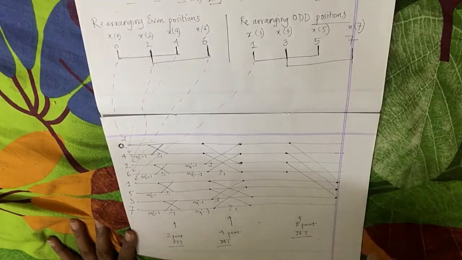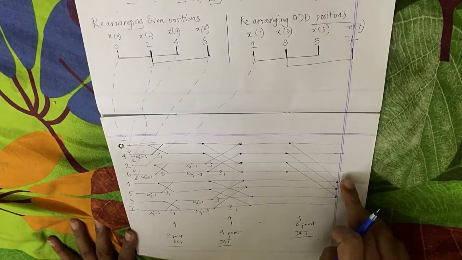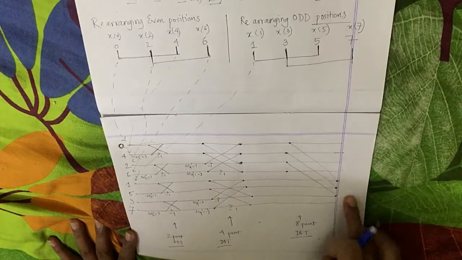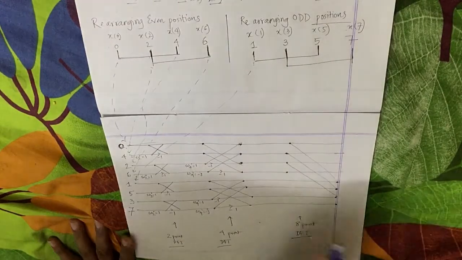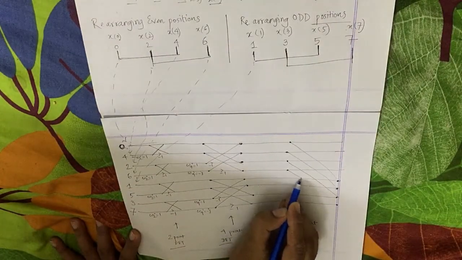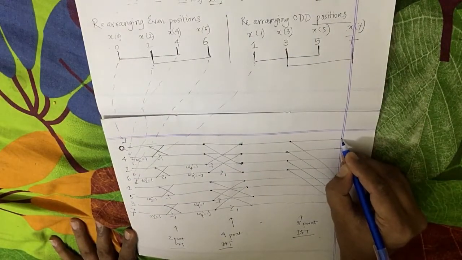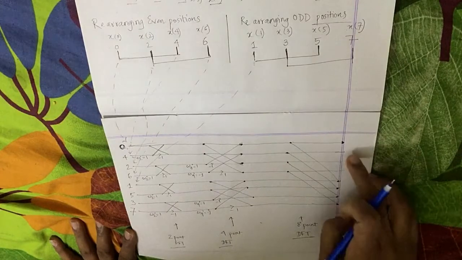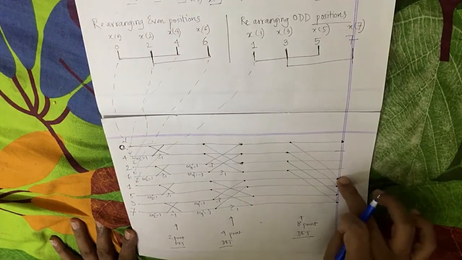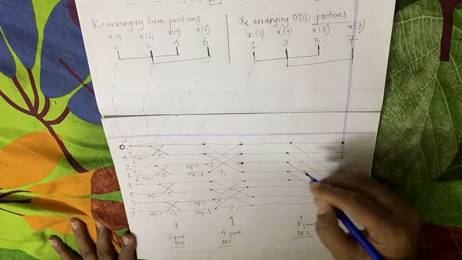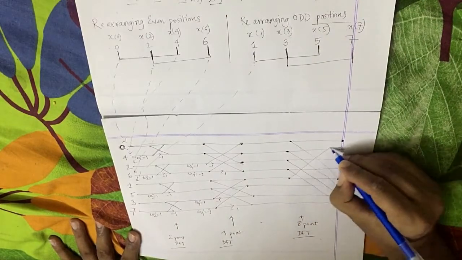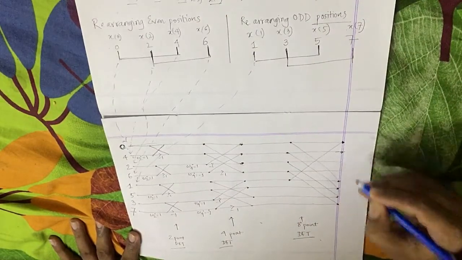Start from this, keeping 3 lines vacant, 1 line vacant, 2 line, 3 line, and you go here, draw a line again like this. What about this? We start from this, keep 3 lines vacant, 1, 2, 3, go to the 4th line here, draw like this. Same goes for this one as well.